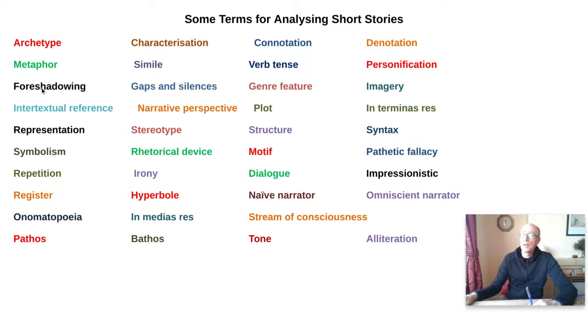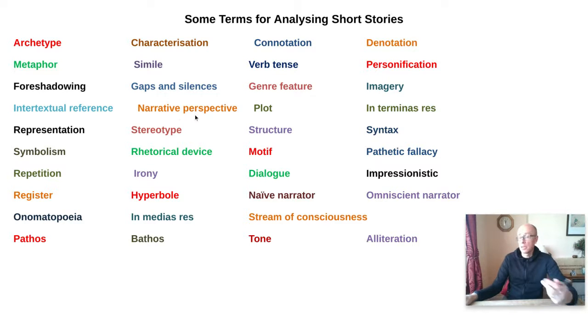It may well be that you want to do some kind of foreshadowing, so that you put things at the beginning of your narrative which are then going to emerge as important later on. So that's called foreshadowing. That would be an important element. Obviously, you're going to have to play with genre features. If this is a romantic story that you're doing, or a science fiction story, then you need to be drawing upon some of those generic features which readers would expect to find in that genre of narrative.